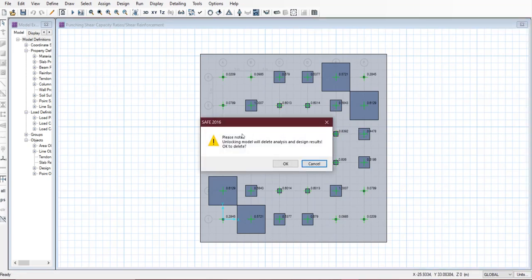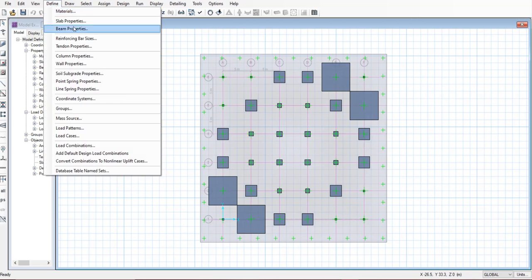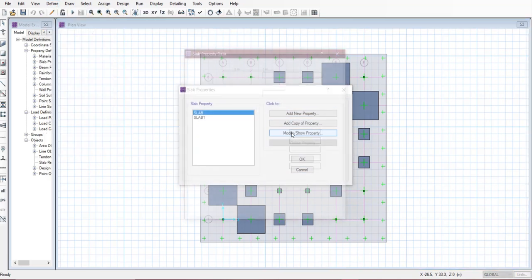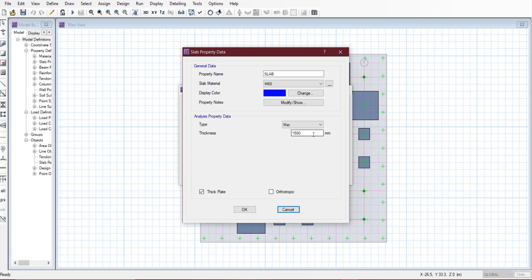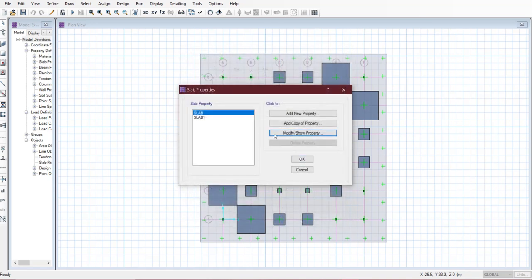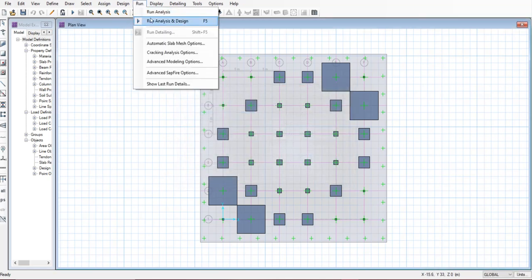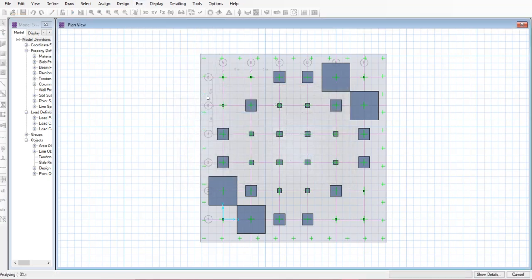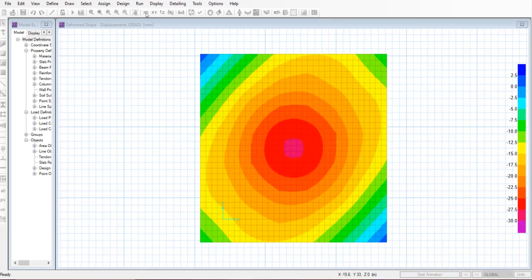Again, unlock the model. Go to define slab property, and here keep the thickness as 1700, that is 1.7 meter. Now again run the analysis and design. You can move the cursor over various points to see the displacement values.